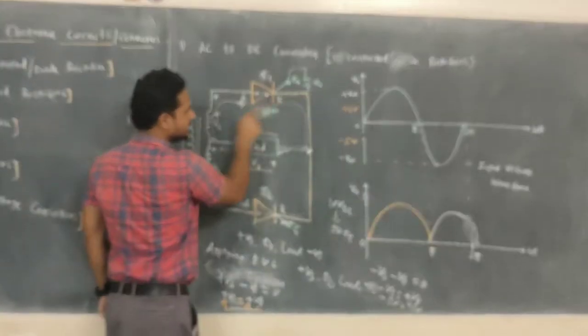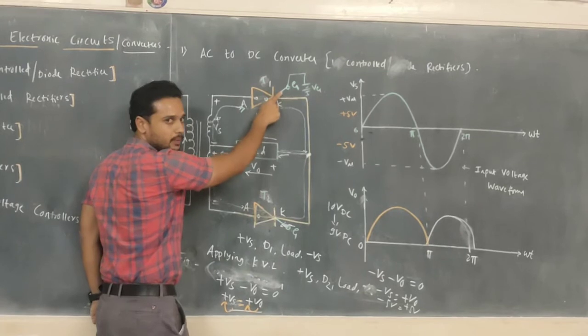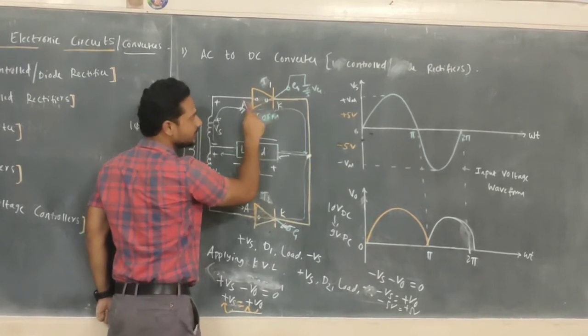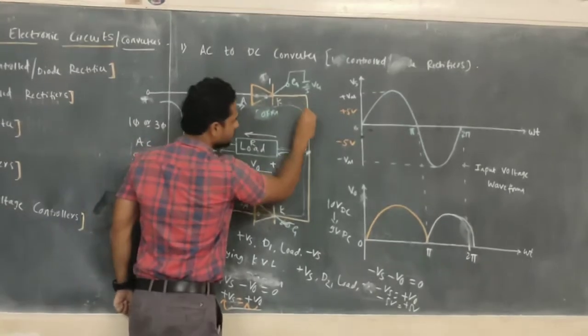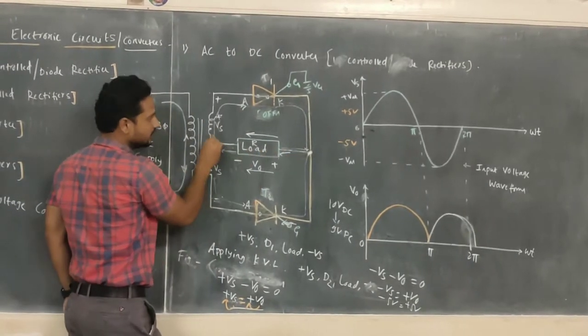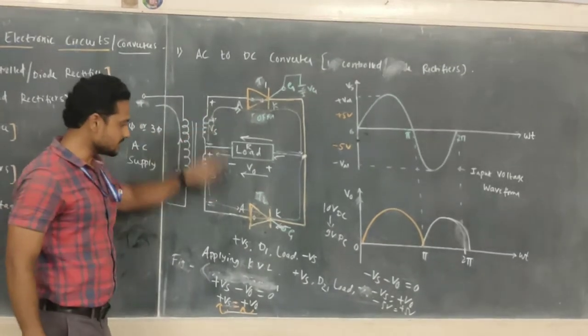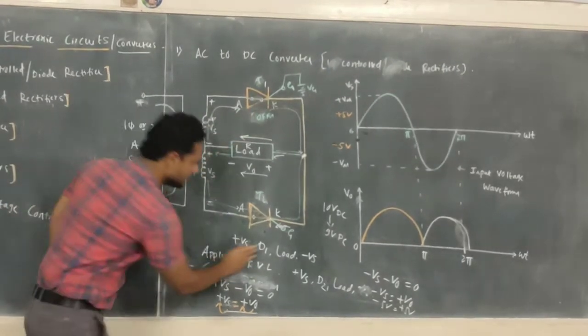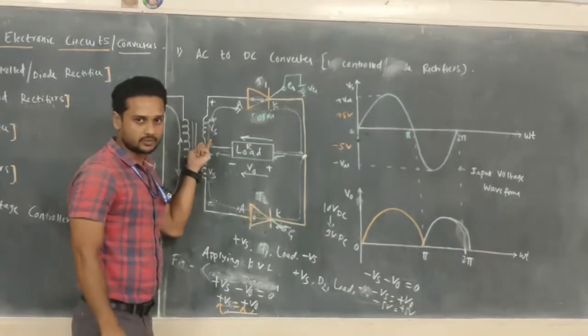Now current is flowing in this direction. Once gate voltage to thyristor T1 is applied, then this thyristor T1 will be turned on. It acts as a short circuit. Now current will flow in this direction. It flows to the load. Now what will be the direction of flow of current? It will be plus Vs, thyristor T1 in place of V1, just make it as T1,